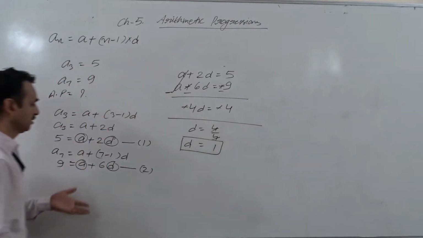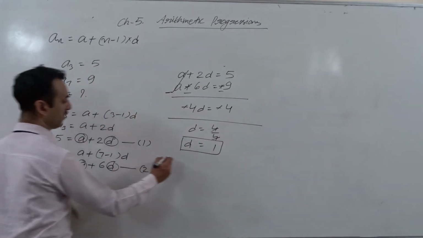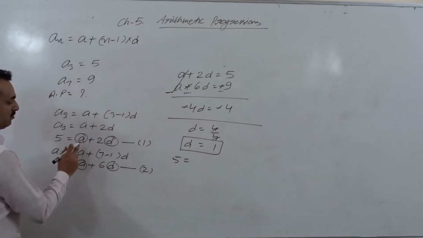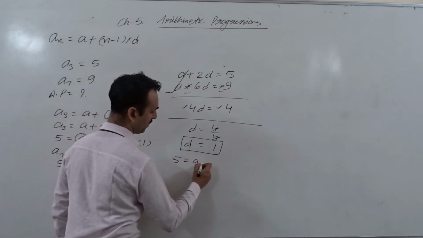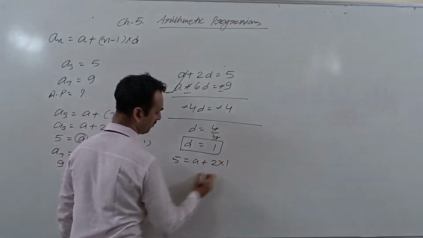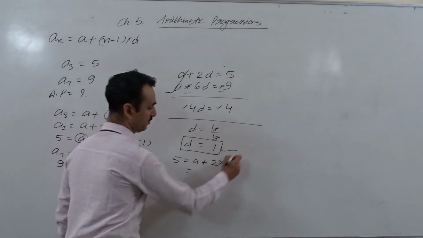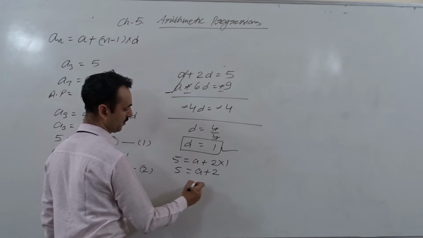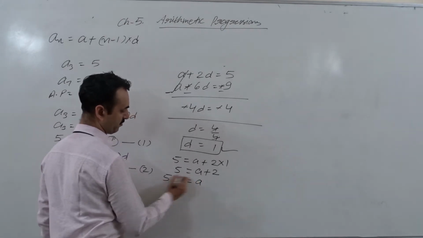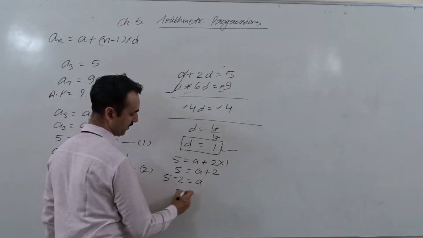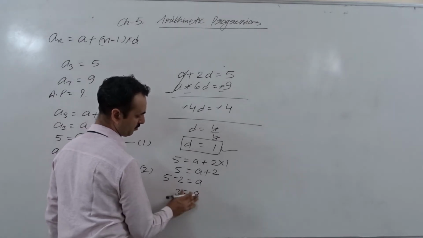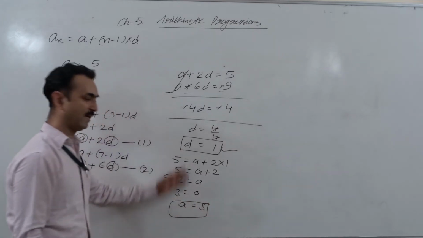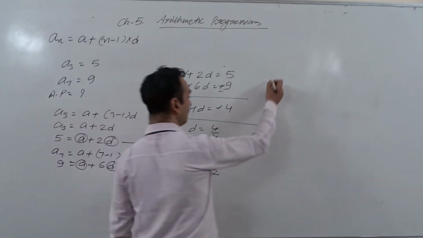Now put it in any equation, first or second, whatever you want. I am putting it in the first equation: 5 equals A plus 2D. So A plus 2 into D. D is 1. A plus 2 into 1, 2. So 5, the 2 will come this side, minus 2, 3. A equals 3. So we get the value of A and D,